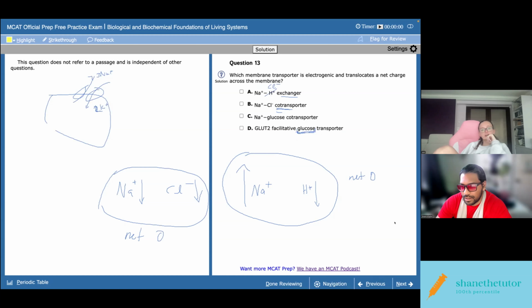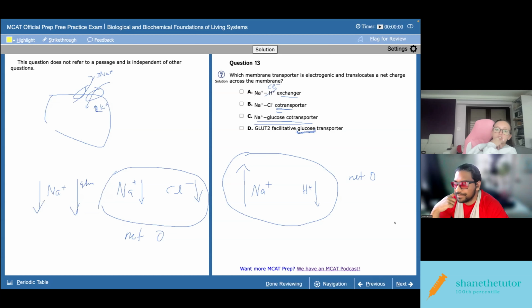So then if that's true, then C, because you still have the sodium, positively charged, coming in or out. Glucose going in or out doesn't have a charge, so the overall charge is now positive. Yep. Okay,